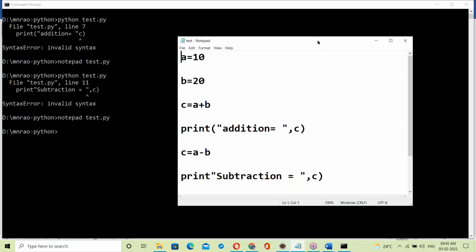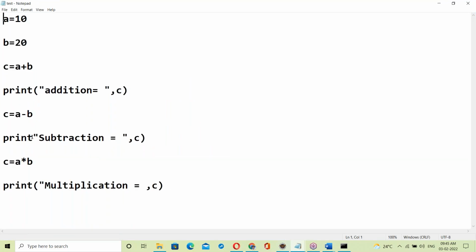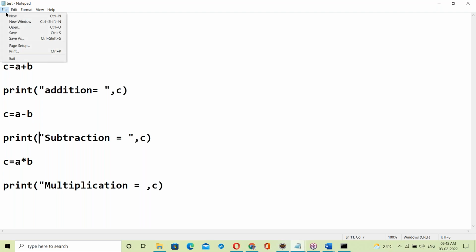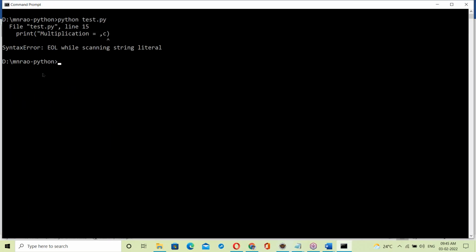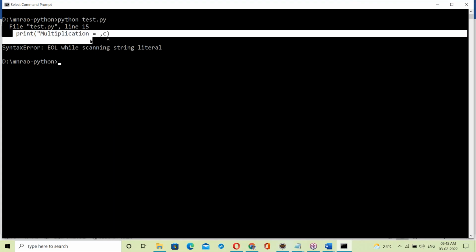Let us correct that mistake here. So the 11th line, this is the error. Here a bracket is missing. Save. Control, yes, save and exit. Now submit again here. Yes, next error. So once an error comes, it simply stops.